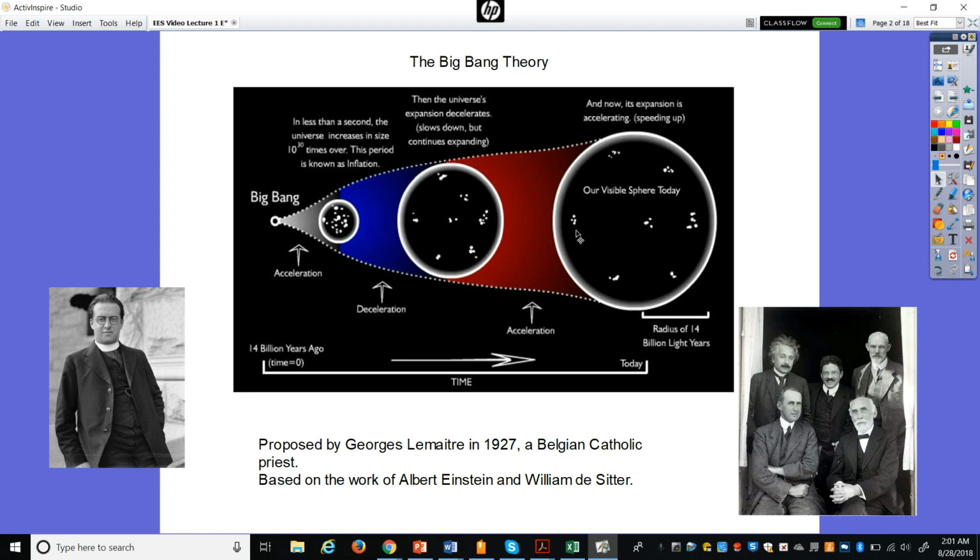So they've done these measurements, and if we go from where we are today and calculate all the way back to this singularity, we have the universe's age at 14 billion years. So that's kind of in a nutshell what the Big Bang Theory is. Let's talk a little bit more.